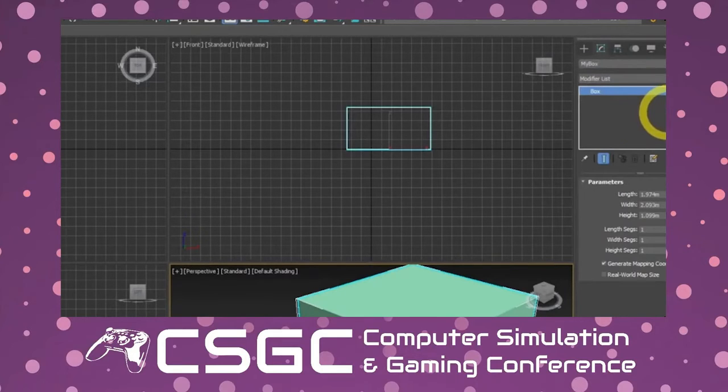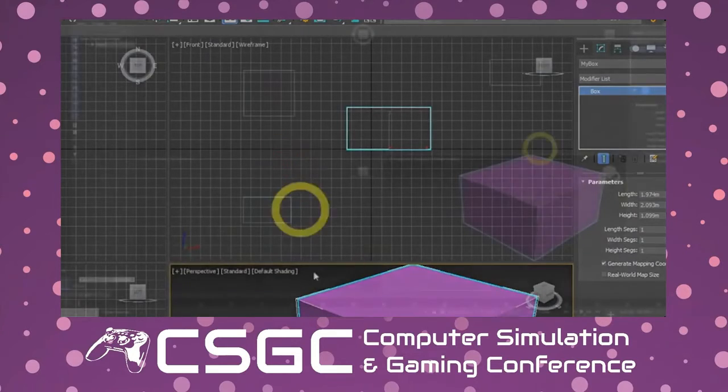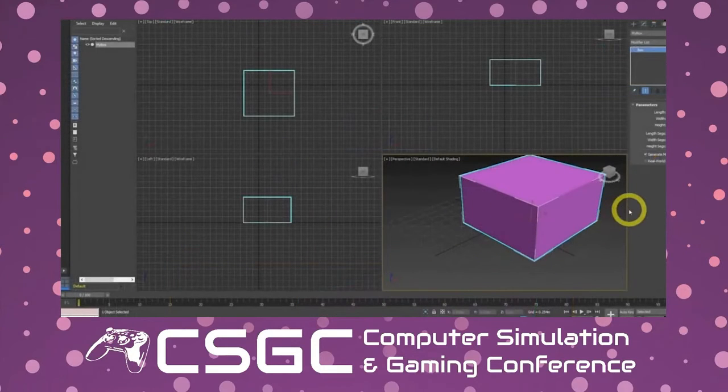When creating your objects, the color is whatever the last color setting was. So with my box selected, I'm going to click on the little color icon beside it. And this opens up the object color dialog. Typically, you're going to be creating materials to put on these objects. The colors are just there as placeholders and to make it easy to differentiate different objects in your scene. So I'm going to go with, say, this lavender color here. And I now have this box.